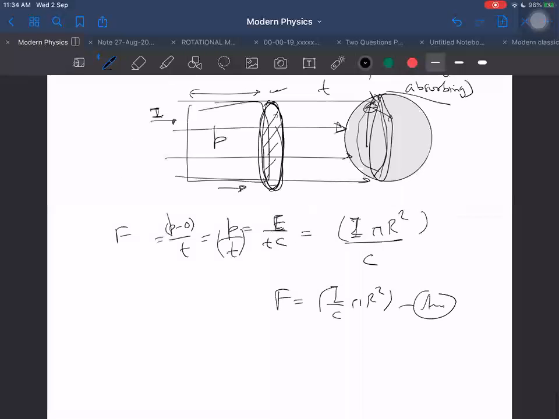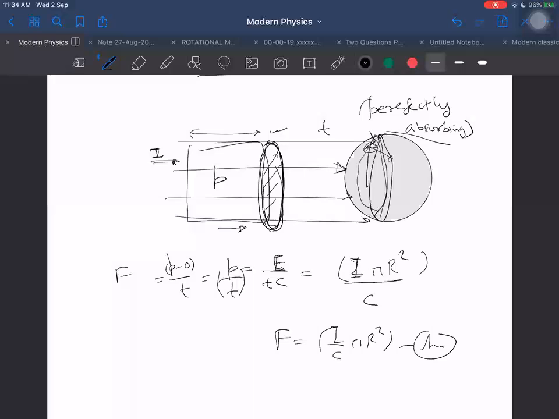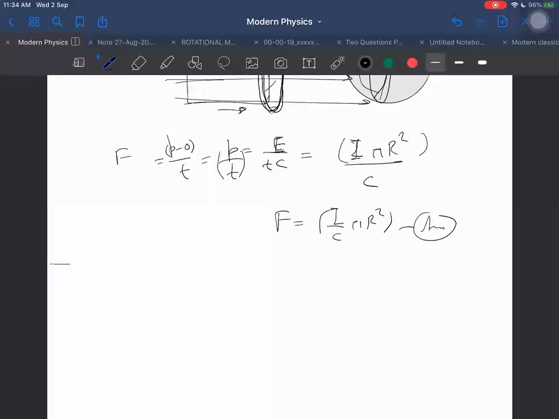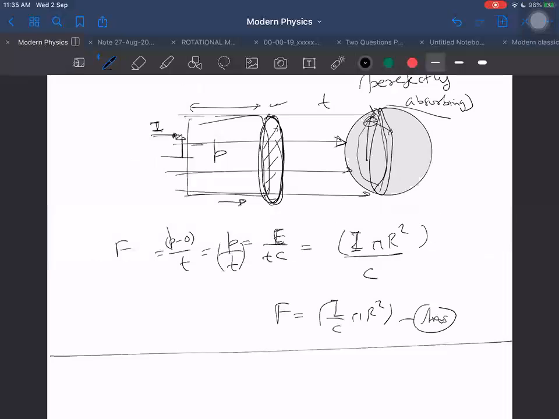And for spherical bodies also, when the rays are incident, all the rays are coming from a distance, and these are parallel to each other, and then they are falling on it. Then only it is valid. It may not be valid in all the cases. If intensity is also varying radially outwards, I suspect again, will it be valid or not? It may still not be valid. I will have to check it.